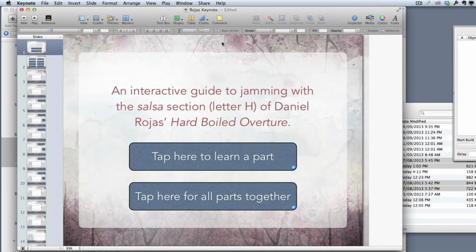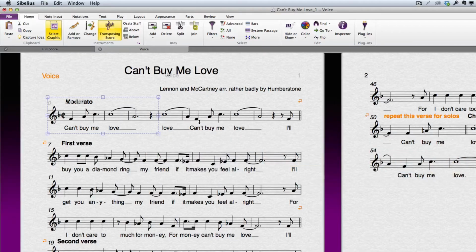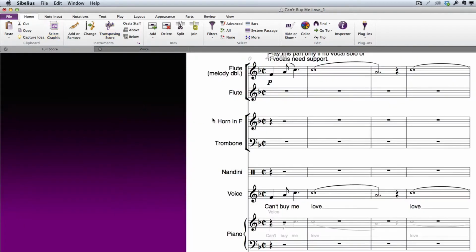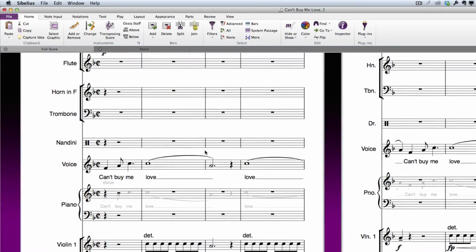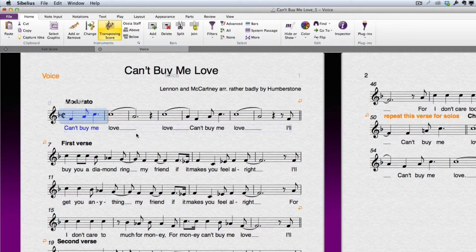The second way you might like to use Keynote is to add some simple animation into your iBook. For instance, thinking of a musical way that you could do that, if I go into Sibelius, where I've got a classroom arrangement that I've made of a popular music song, which I'm sure has no issues to do with copyright at all. If I go into, say, the vocal line,